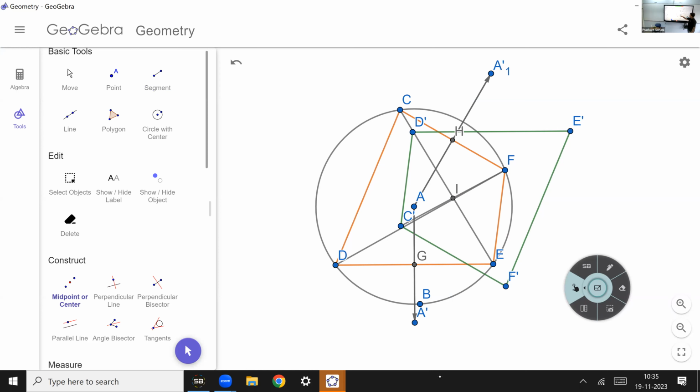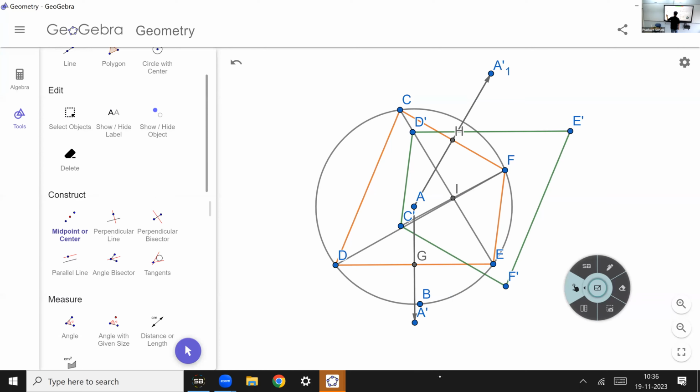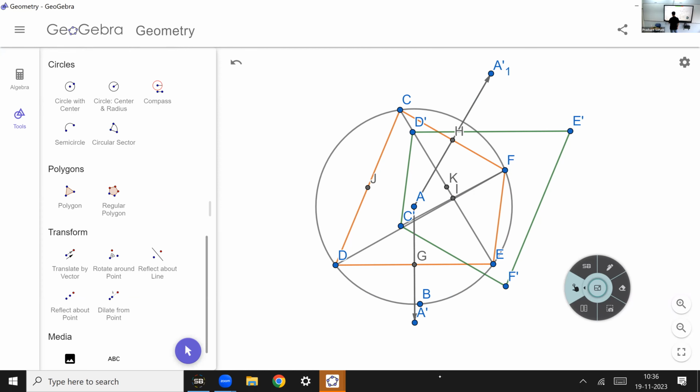And what we are saying is that C is the orthocenter of triangle CDE, and we are applying the homothety with ratio half to this circle. And so under that ratio, F is going to go to I, and the circumcircle will go to the 9-point circle of triangle CDE, and therefore I has to lie on that circle. So to prove this, let us construct the 9-point circle actually. I have marked the midpoints of the 3 sides, G, J, and K. If I draw the circle passing through these 3 points, that should be the 9-point circle. And let us see whether it actually goes through the